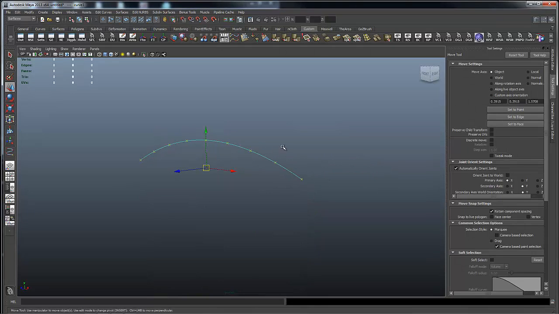So now that I have a nice smooth, uniform arc, I can take that and hit Control D to duplicate it, and I can just pull this back. And then to create a surface now, I can use a loft. So I can pick this curve and that curve